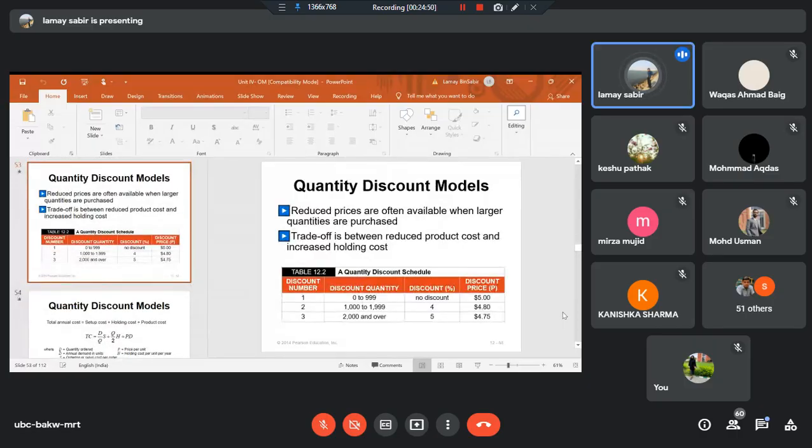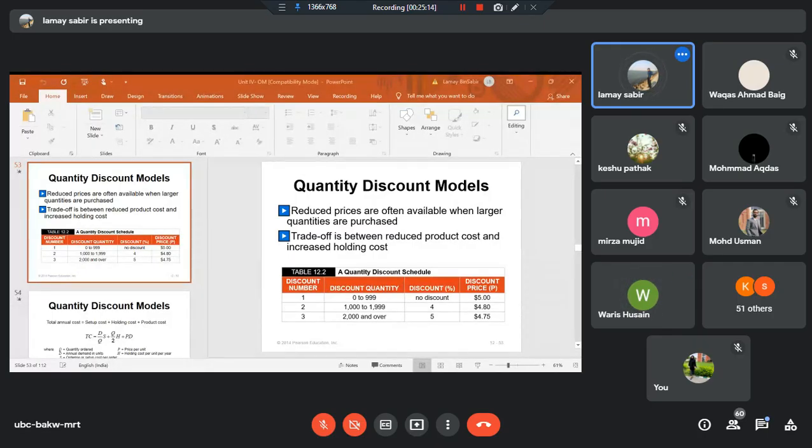Now, with this, I would like to move with the second model of inventory management. The first one is basic EOQ model, which you have seen that it consists of mathematical formulas for calculating EOQ, holding cost, carrying cost, and reorder point. The last point which I have discussed with you is